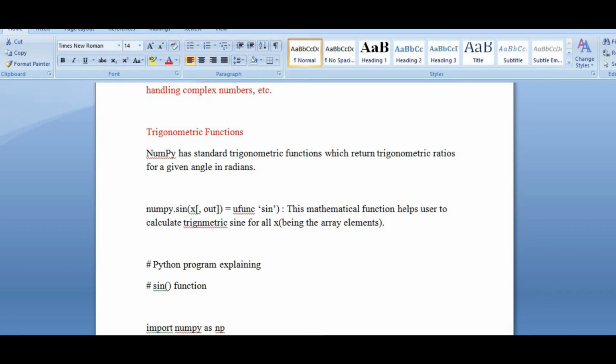We have sine, cos, tan, cosec, secant, all these things. So how can these trigonometric functions be implemented with the help of NumPy? Let us see that. The basic syntax of NumPy for the trigonometric function sine is: